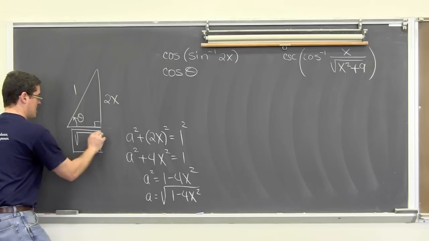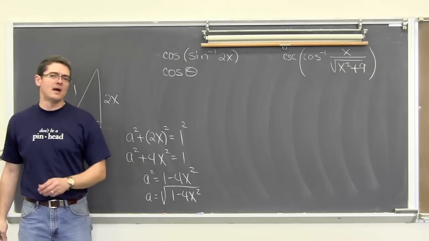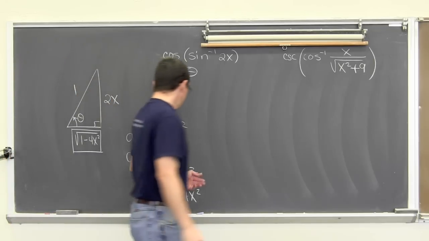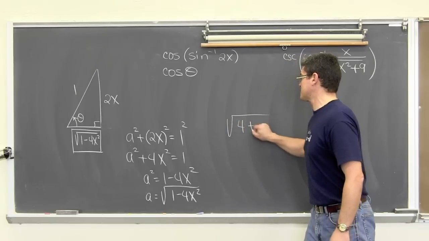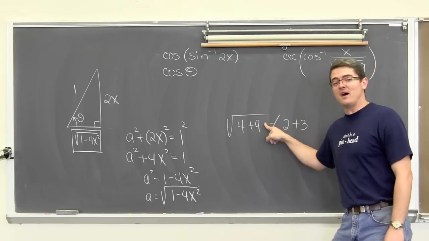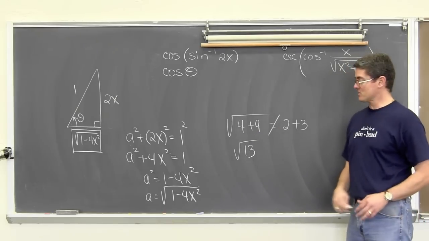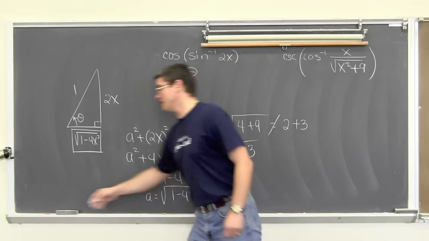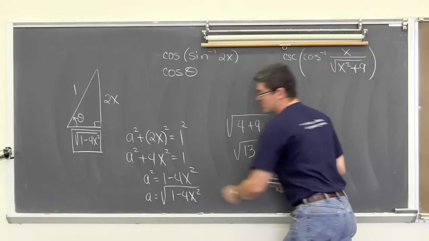Now, my students, a lot of times, unfortunately, might like to say that this is 1 minus 2x. The square root of 4 is 2. The square root of x squared is x. The square root of 1 is 1. But saying that this was equal to 1 minus 2x would be like you trying to say that the square root of 4 plus 9 is equal to 2 plus 3, and that is not equal to 5, because the square root of 13 we know has got to be less than 4. So certainly it's not going to equal 5. So please, when you have two perfect squares inside of a square root symbol, don't think that you can cancel those out or actually square root each term individually.